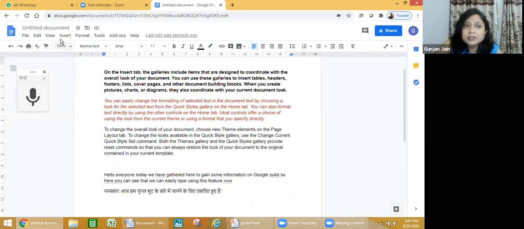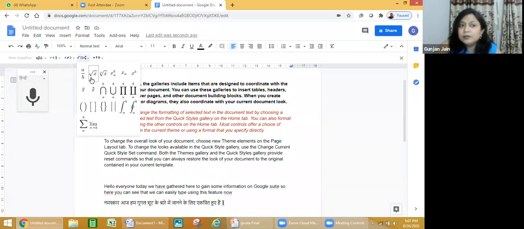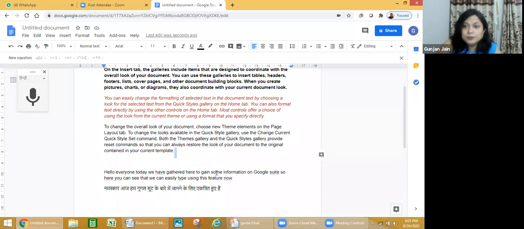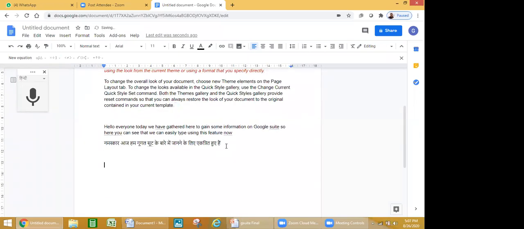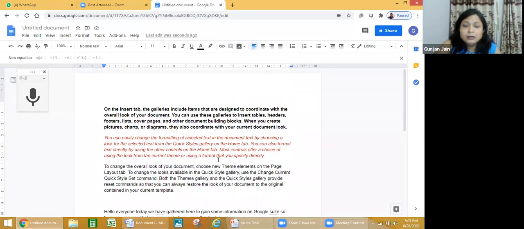It also has some other features, like you can insert equations. If you wish to insert an equation, you will click on insert, click on equation. And similarly, as we have in Microsoft Word, all the features for typing equations are available here also. Maths teachers are already well versed with using these equations, so I'm not going into the detail of it. Then one very important thing that you can do is research. Research means, suppose you are making notes on photosynthesis.